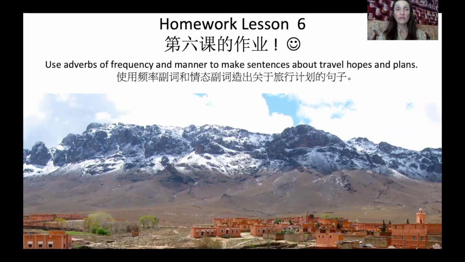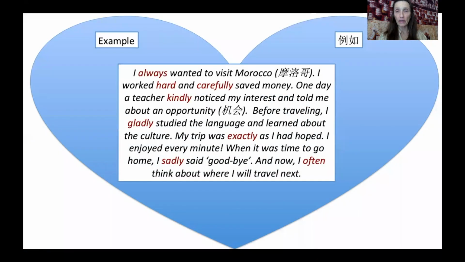Last week, the homework lesson was to use adverbs of frequency and adverbs of manner to make sentences about travel, hopes, and plans. So the homework was 是用平副词和情态副词造出关于旅行机会的句子. Anyway, this was the example that I gave. I always wanted to visit Morocco. Morocco. I worked hard and carefully